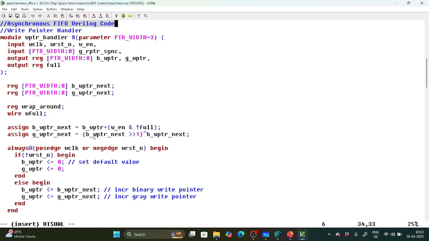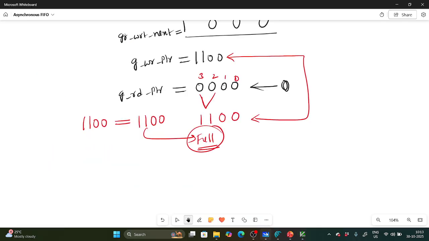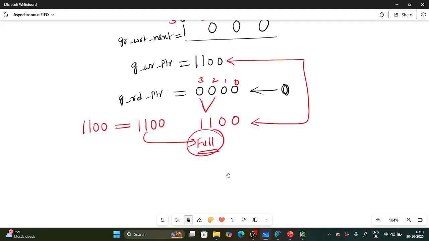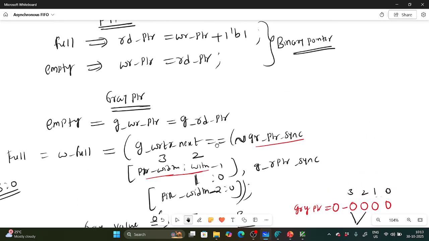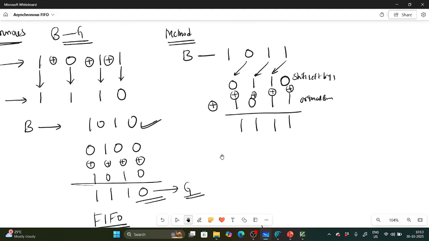So how are you converting? You are converting by shifting by one right position plus an XOR operation. If you shift by one right position, I will get it. I told you earlier with a shift to the left, but suppose with the same method I shift to the right by 1. So this is my binary. I'll check whether